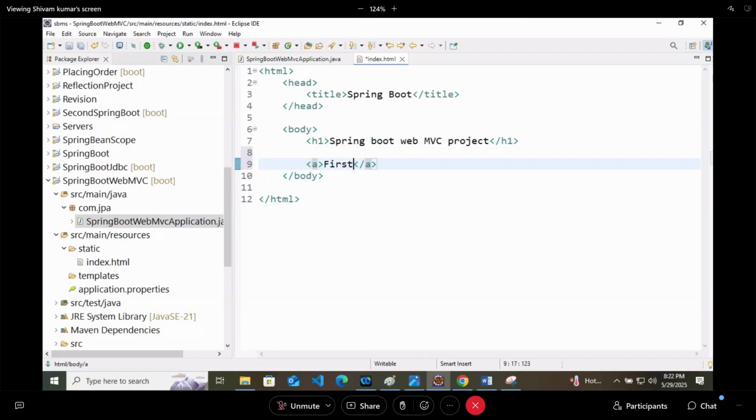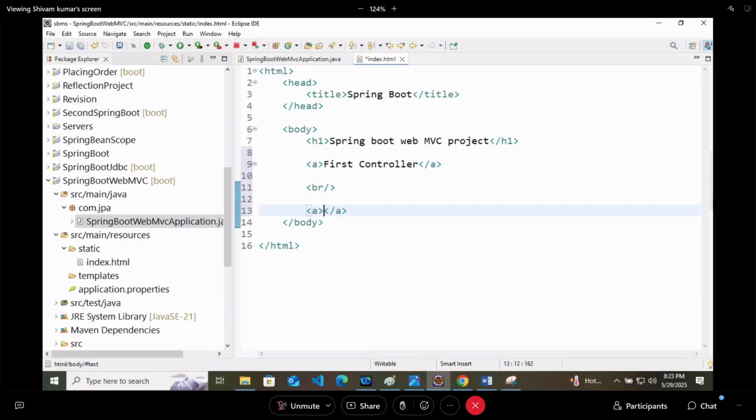The first anchor tag will point towards first, and the second anchor tag will point toward second. I'm not writing a file name. What I'm writing is the controller name, or the request that I'm sending there, like first and second.